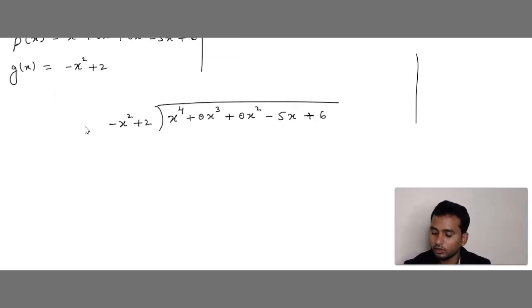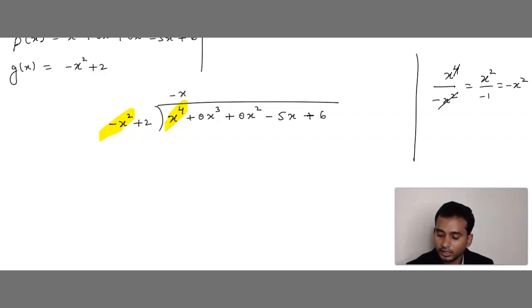First, what you can do? Put one working column. First term x power 4. First term minus x square. So we can say here x power 4 by minus x square, 2 times, and here also 2 times get cancelled. So what is left out? X square by minus 1 is there. That's nothing but minus x square. So we write here minus x square. Now multiply. Minus into minus plus x square into x square, x to the power 4. Plus into minus minus 2 into x square, 2x square.